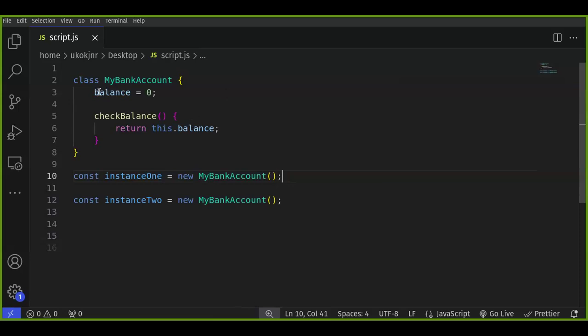So you can actually still access this balance directly if you don't want to use this.balance. If you don't want to return it in a function, you can access this directly. Matilda, if that is what you're asking, you can just do instance one.balance, and it's going to give you this balance, right? But then if they can access this directly, then they can actually change it directly, which is